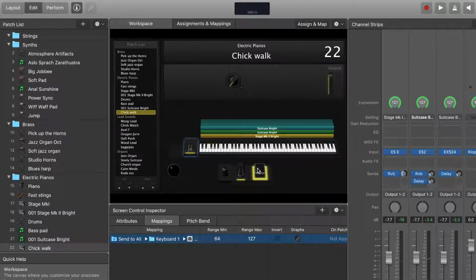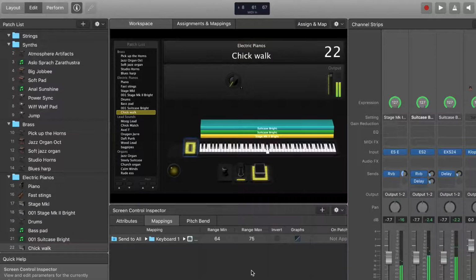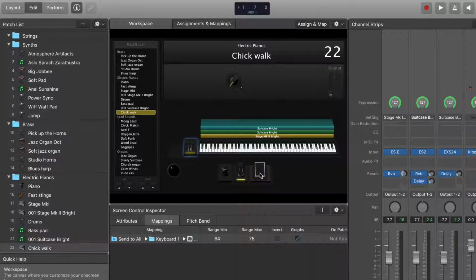You can play Looney Tunes, you can do lots of things, but I prefer to set mine at 75 because that's just a tone. And you can set it for a fifth, you can set it for anything you want, but that's the way I do it. So that way I've now got, if I click the toe, I've got my volume pedal,